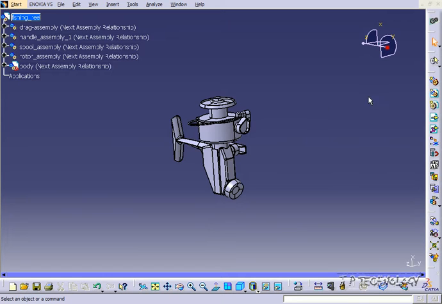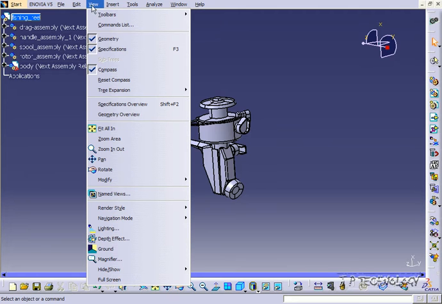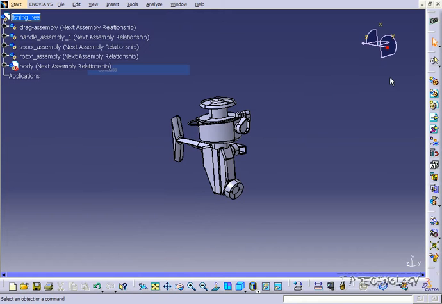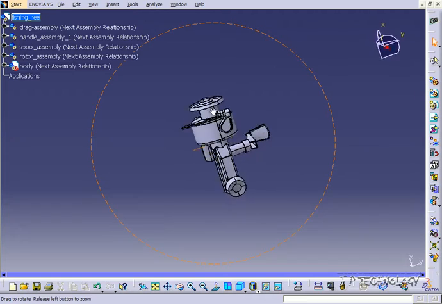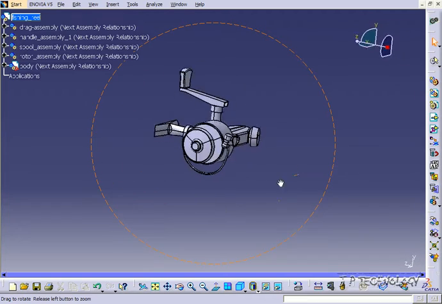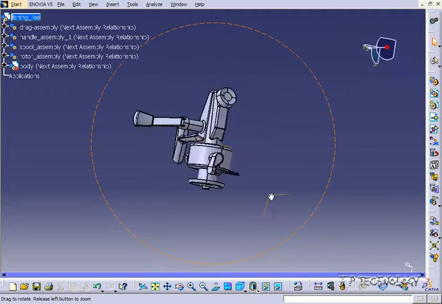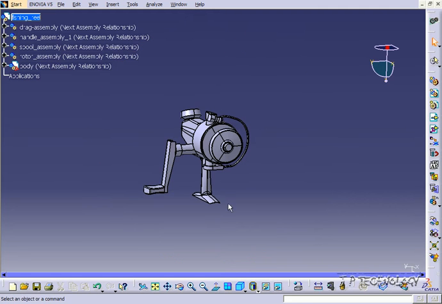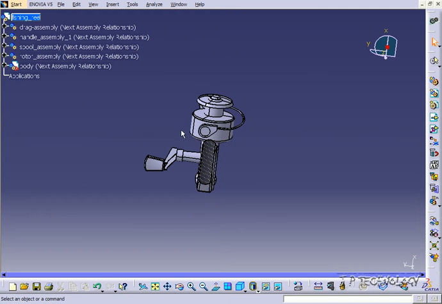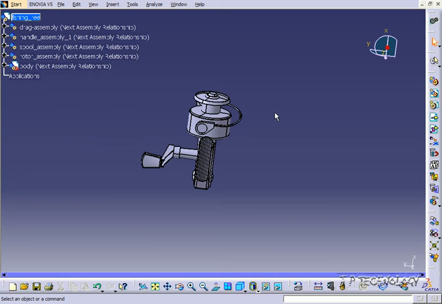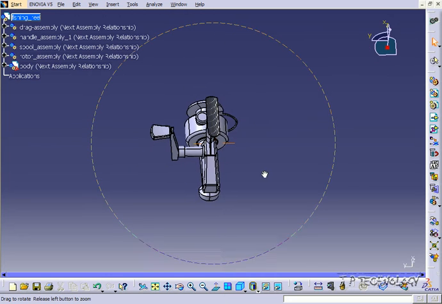This guy here is your compass, and you can turn him on and off if you go to View, Compass, and to turn him back on, get the check mark back, and he's back. If we rotate this object, you can see that the compass also moves. So rather than using the mouse and moving around and panning around and whatnot, you're also able to just use